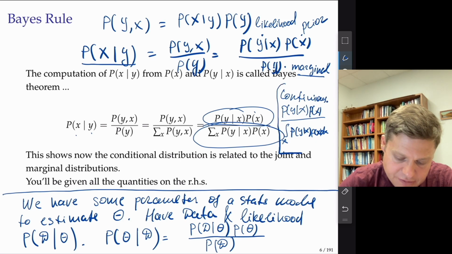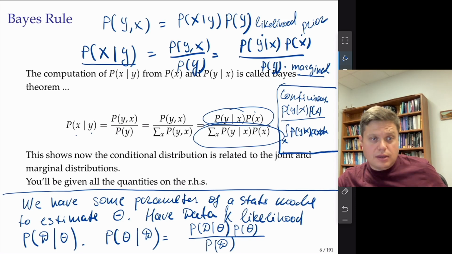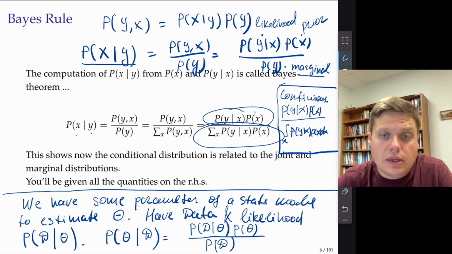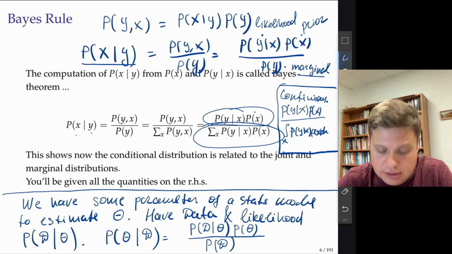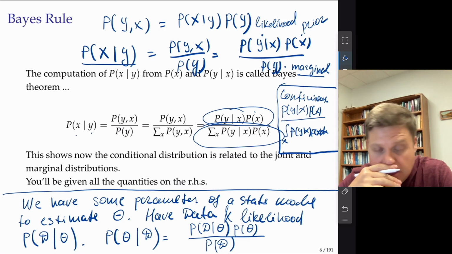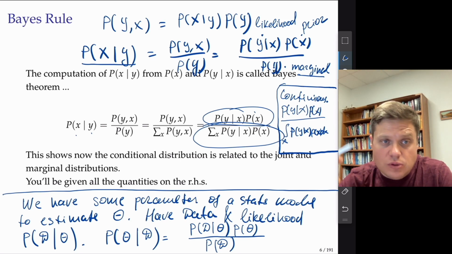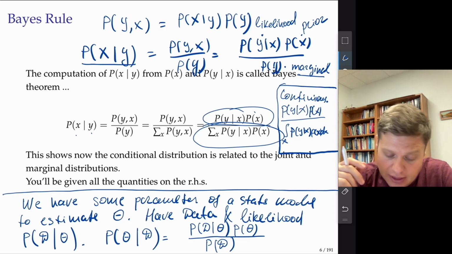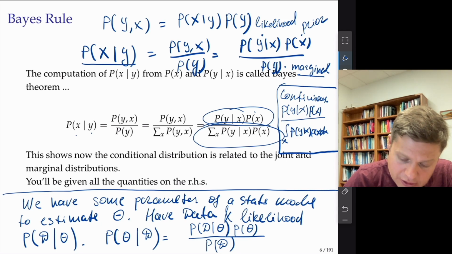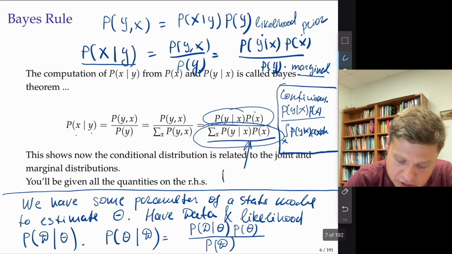I'm going to isolate it in a frame so you don't get confused with the discrete variable. So Bayes rule allows us to calculate conditional distribution from joint and marginal. And usually you will be given the quantities on the right-hand side, and you need to calculate the posterior distribution over x, which is on the left-hand side. And sometimes you don't really have those quantities. Sometimes you have to calculate those. So for example, this one you usually will have to calculate the marginal.